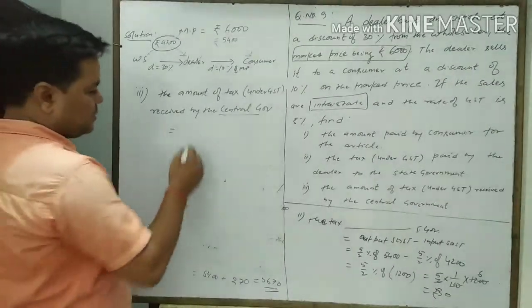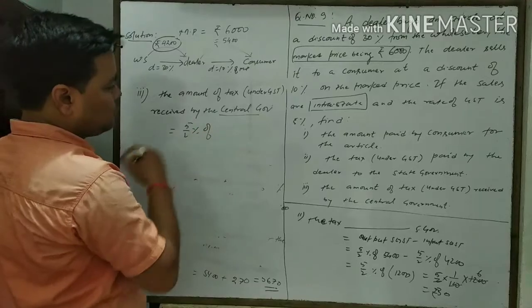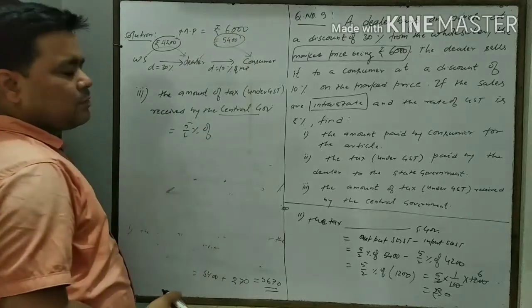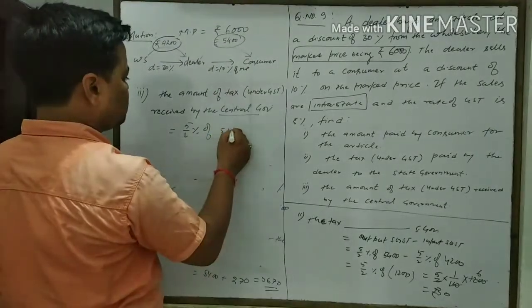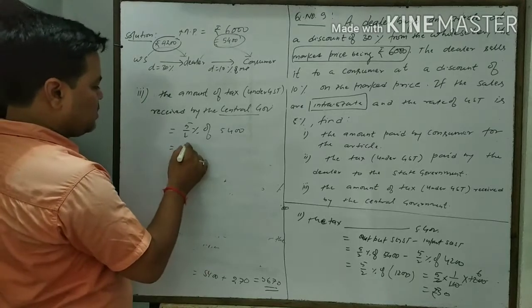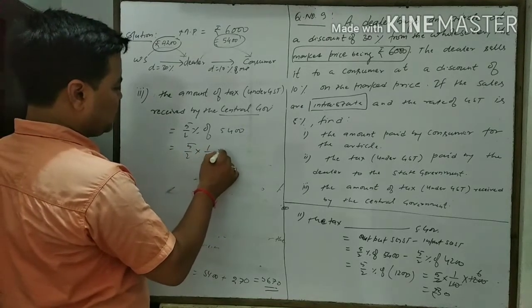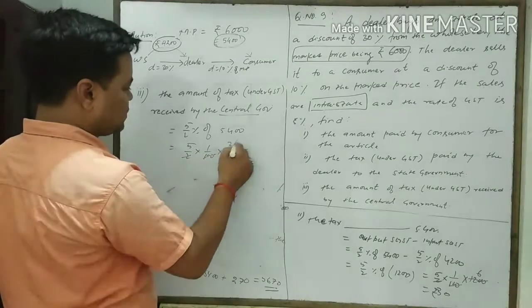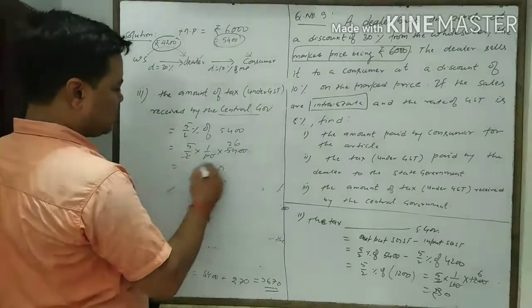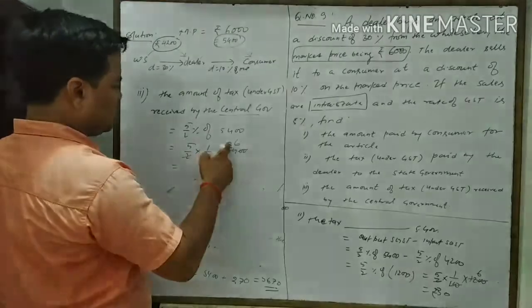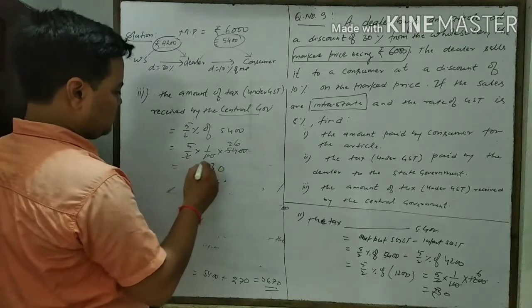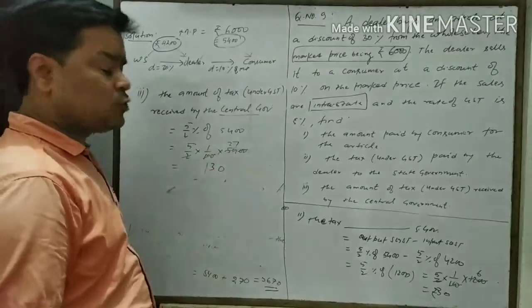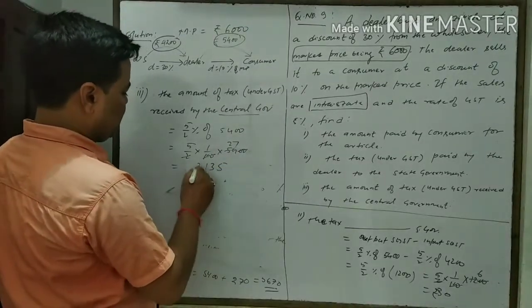Because this is the matter of interstate, it will be 5/2% of the total GST, and the total GST we can finally calculate from the 5,400 rupees. Then it will be 5/2 into 1/100 into 5,400. The 00 cancel, and 2 times 4, 2 sixes are 12, and 5 sixes are 30, carry 3, and 5 will make 10. It should be 7. Then its value will be 135 rupees.